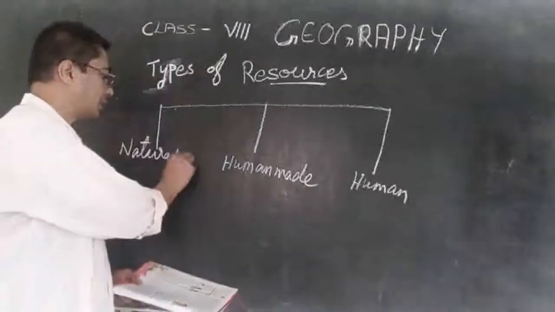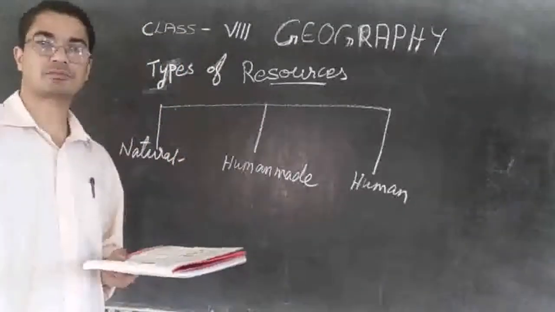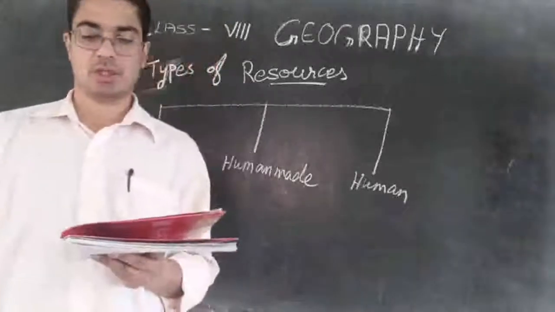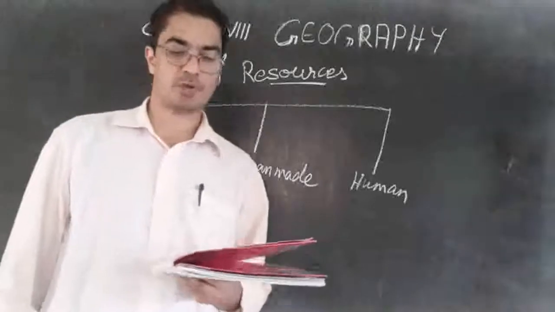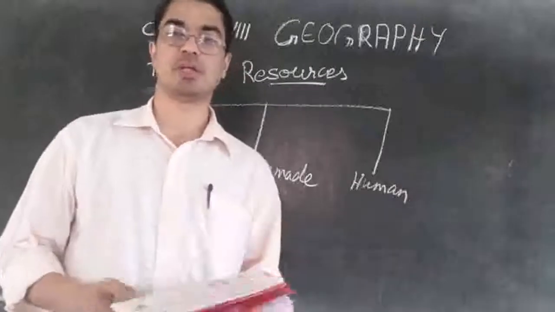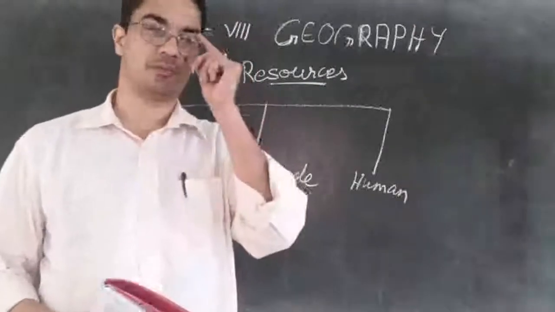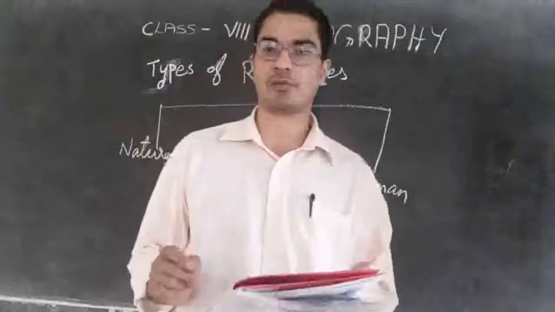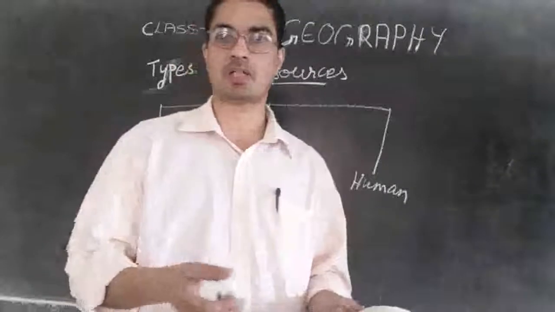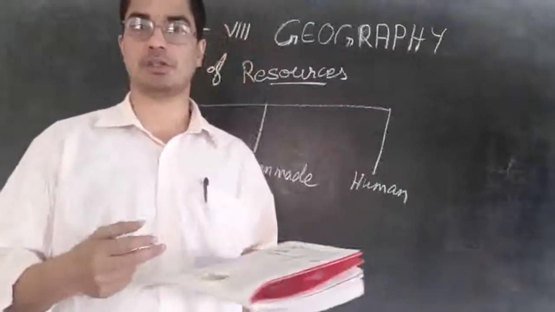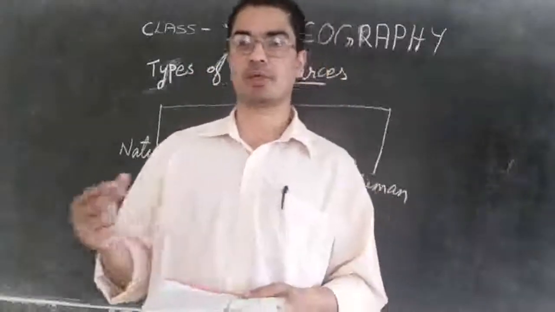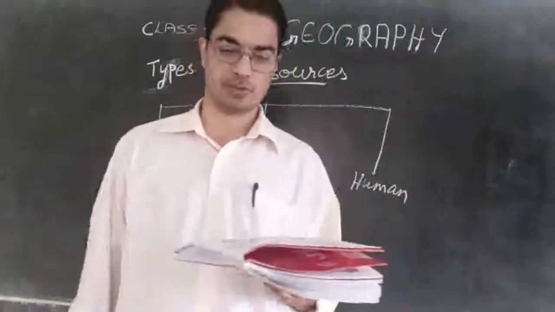Let us see first what is natural resource. So resources that are drawn from the nature and used without much modification are called natural resources. You can underline in your textbook what is a natural resource. So as we find or as we get from the nature, we are using it. We are not modifying it, we are not changing it, or we are not improving the quality. As it is, we are using it.